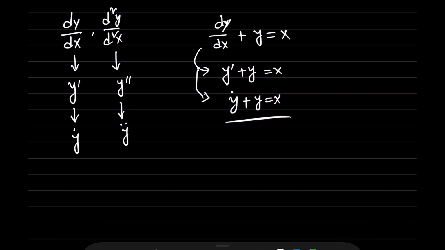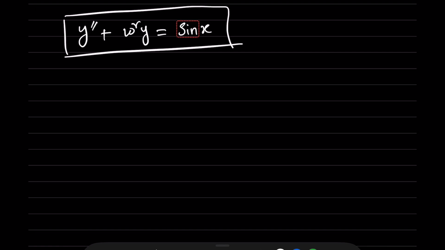I just want you to be familiar with the different notations. All right, so let's move on and remember what a linear differential equation is, where you have all the derivatives, for example y double prime, or second derivative of y, plus omega squared y is equal to sine x. Okay, so this is a linear differential equation,